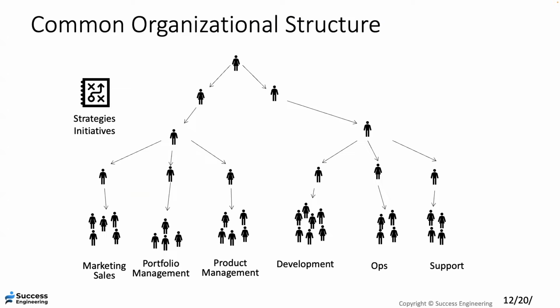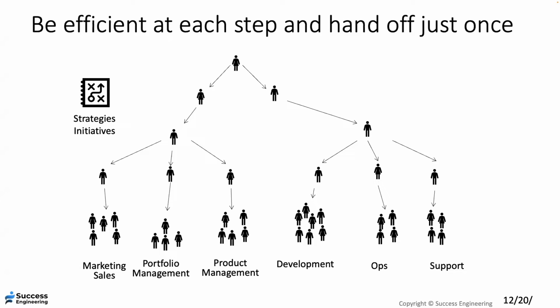Now I'm going to quickly go over this. I'll put a reference later when we release the talk, more depth on the value stream, but I want to remind people about the value stream. We're normally organized hierarchically. The idea then is we get efficient at every step. This seems to be a good idea, because the theory is, it's wrong theory, but it is a theory, that if we make every step faster, then the whole thing is faster. This is a perfect example of local optimization that leads to slower global results.